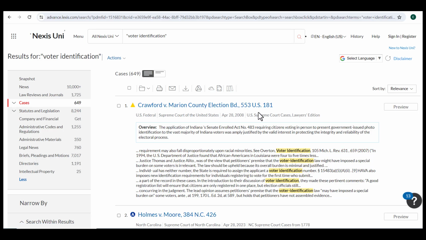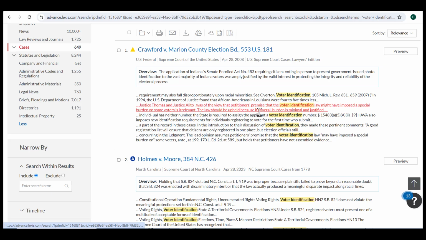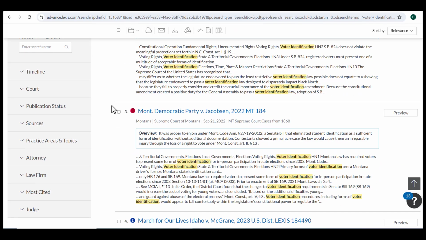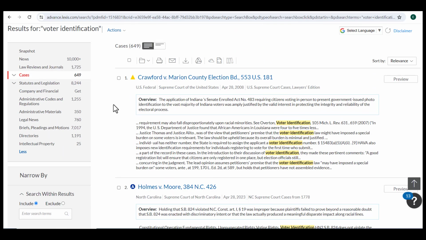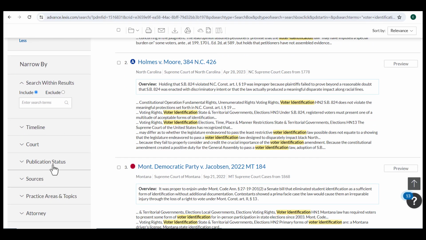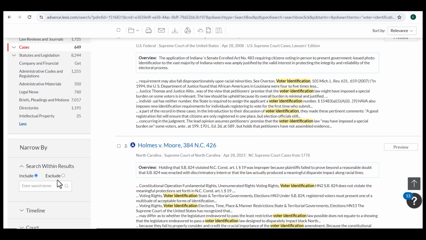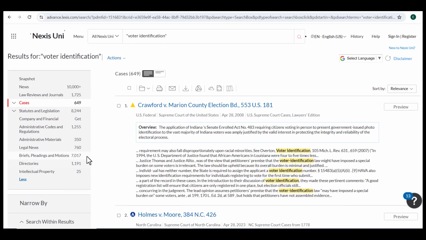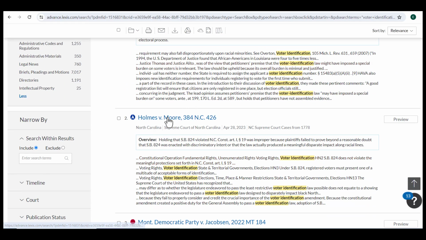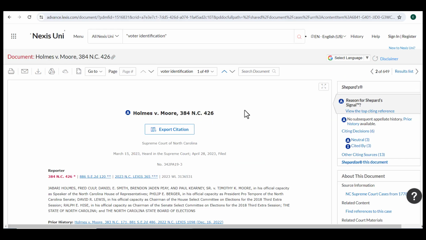And I'm just, like I said, selecting that one area so I can show you basically how to go through the information in each area or each database. The results again can be narrowed with the timeline, publications, status, that kind of stuff over on the left hand side. Cases. Now I'm going to just select the Holmes versus Moore case, North Carolina, Supreme Court of North Carolina,